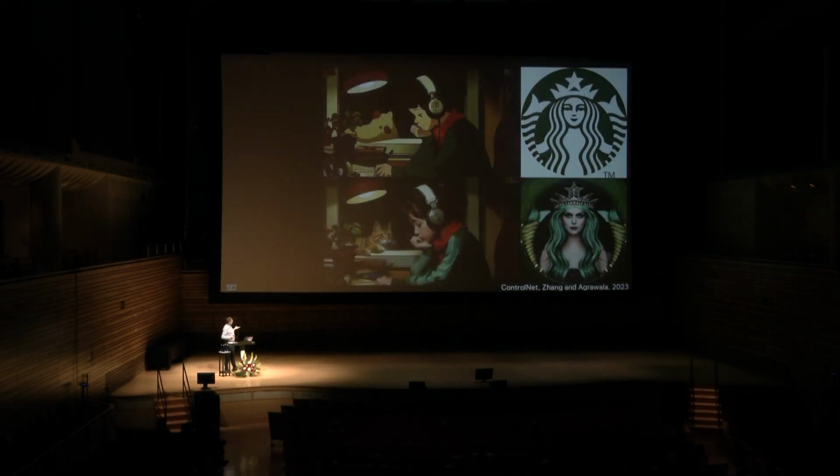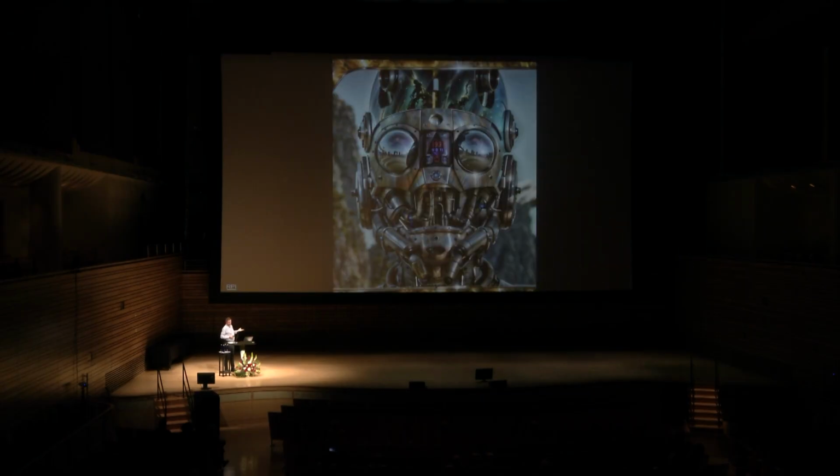One thing that's made a lot of waves in recent years is this algorithm called ControlNet, where the idea is that you provide as input some sort of a controlling feature, for example, a flat image, like the Starbucks logo, and you turn that into a photorealistic looking image. And so again, this is research code that now people are using to make all sorts of things on the internet. For example, here, this super cool looking robot, if you squint your eyes, you should be able to tell that it's kind of trying to get you to watch my YouTube videos. And if you really squint, you should be able to see the black and white text. Works better, depending on what distance you're from.